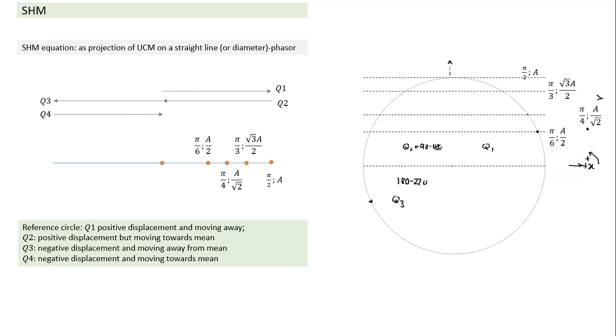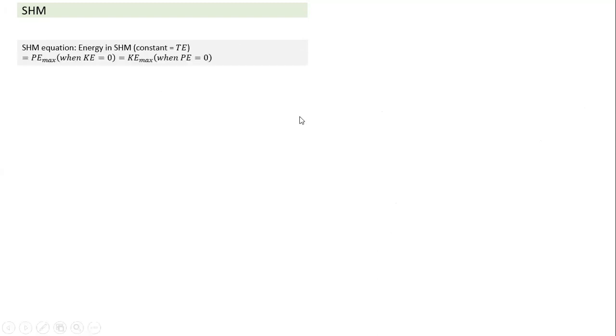If we understand the phasor, some of the questions can be solved much more easily using it. By now you know the phasor is useful in multiple topics, and we should understand it. Whenever I see a particle in motion, I should be able to convert it into the phase angle it corresponds to. Or if the phase angle is given, my mind should immediately relate it to where the particle's position and direction of motion will be on a straight line. So conversion of phase angle into motion and back should be clear.